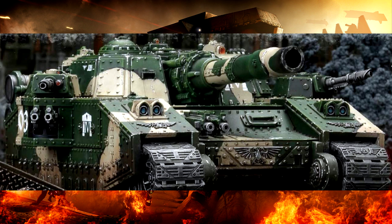Sadly, however, the weapon does have a few drawbacks. You see, the shells are essentially imbued with the souls of the dead and the damned, not to mention the so-called spirit of the dead planet. This causes the shells to scream and wail, which, as you might imagine, might make the crew just a tiny